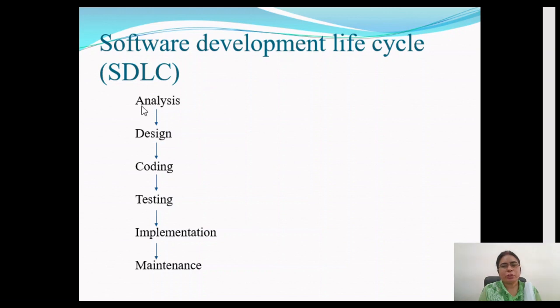So once we develop the software, we implement it, we install it in the office of the customer, and then if a new requirement comes from the customer side, or if some problem arises in the existing software, then the maintenance phase starts. In this phase, we remove all the problems that the customer complains about, or if a new requirement is generated, we try to resolve those new requirements in the software.